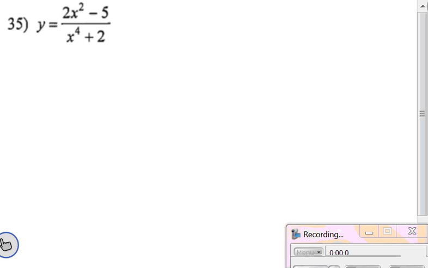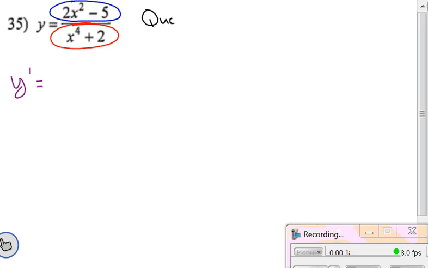35 says differentiate. We need to do y prime. Okay, but for this one, we have what looks like a function on the top divided by a function on the bottom. And another word for division is quotient. So we need the quotient rule,